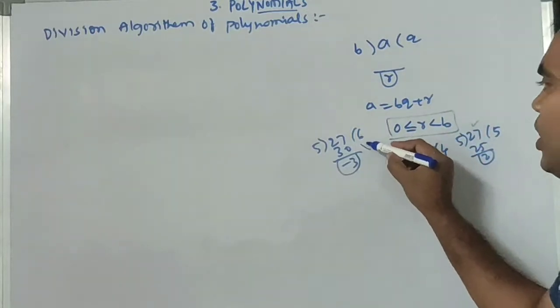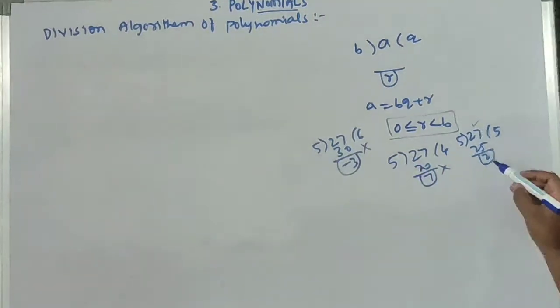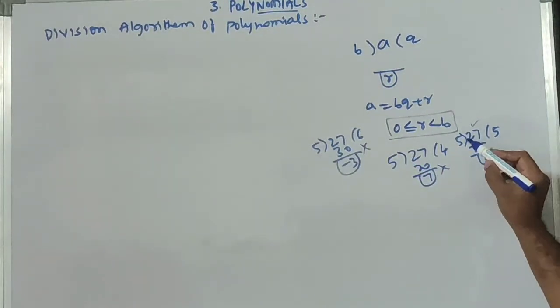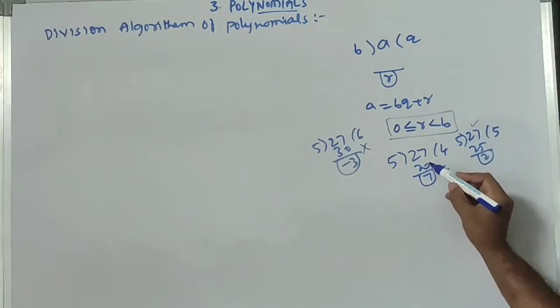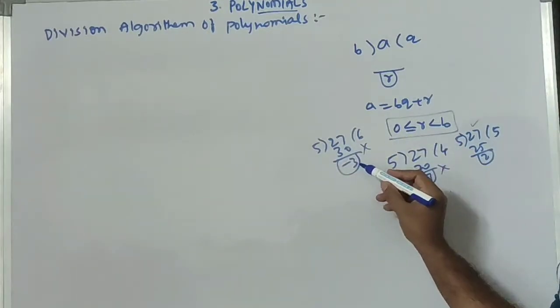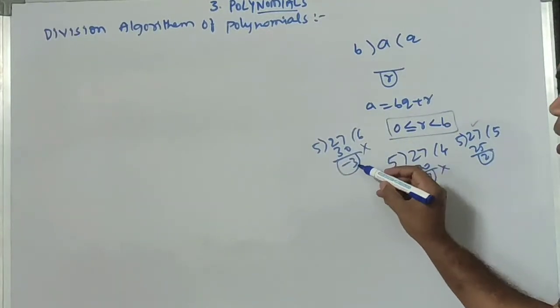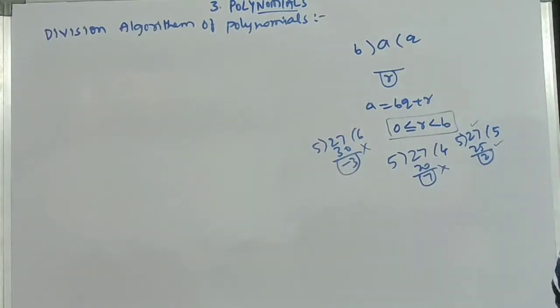That's why we are not doing the divisions like this. The remainder here is 2 and the divisor is 5; 2 is less than 5. Here 7 is not less than 5. Here minus 3 is less than 5, but it is not greater than or equal to 0, so it is not non-negative. So we are not taking the remainder like this. We are choosing only like this.